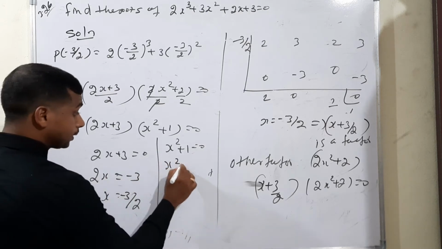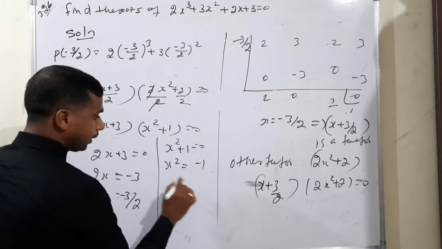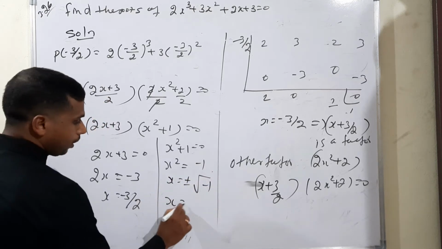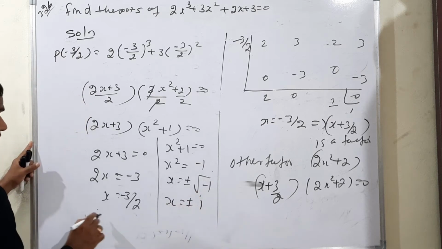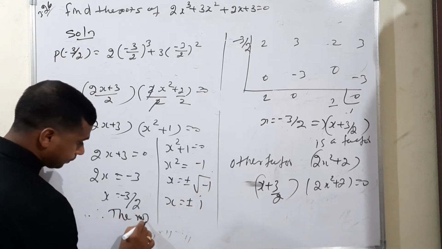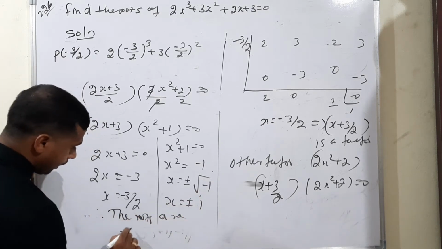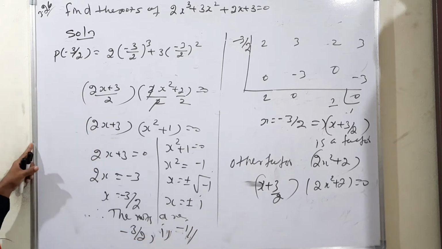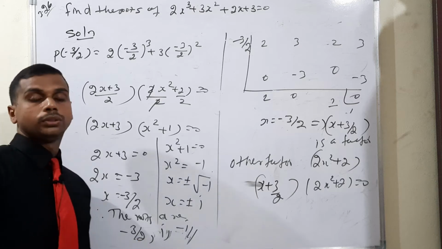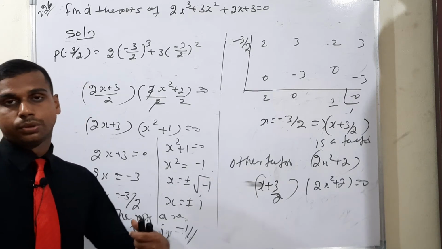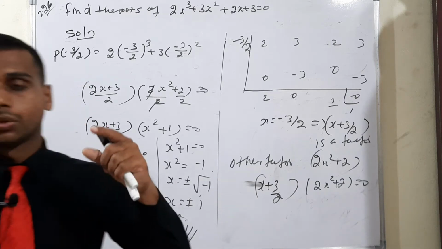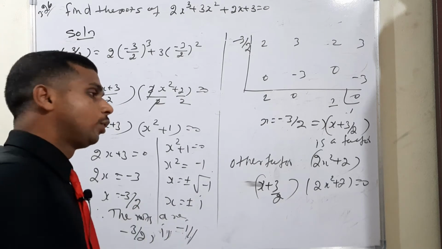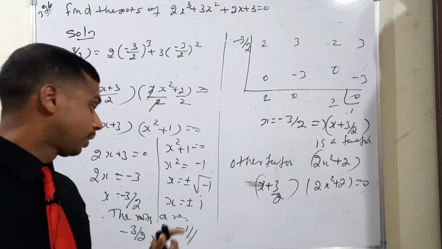Then x square plus 1, bring out the opposite sign, minus 1. Therefore, x is equal to plus or minus square root of minus 1. Therefore, x is equal to plus or minus i. Therefore, the roots are negative 3 by 2, then positive i and negative i. This is the answer. This is method 2. In method 1 also I found the same answer. So what I am telling my dear students is, if the question paper asks to find the rational root, you should apply method 2 only, not method 1. This is also important, okay.